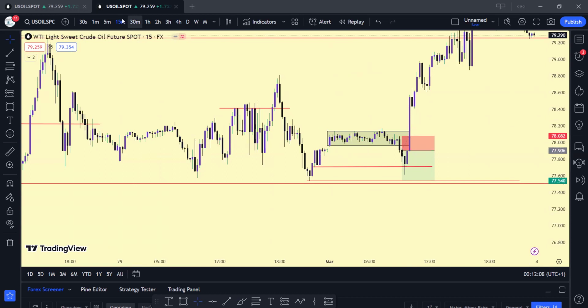backtest. This is the 15-minute chart. You can also do it on a 30-minute chart, 5-minute chart, and see which one works best. You go to the 1 hour chart. So you know what? It works best on the 1 hour chart. So you stick to the 1 hour chart. You can say, okay, you know what? You can go back to